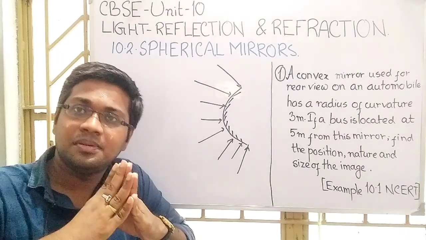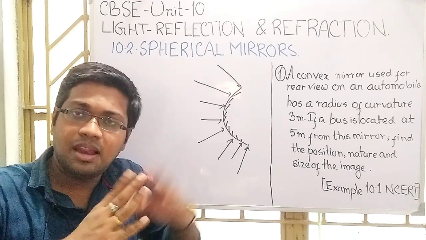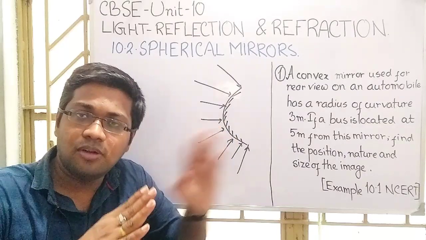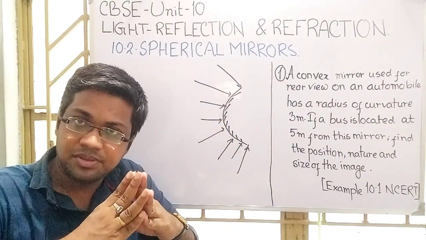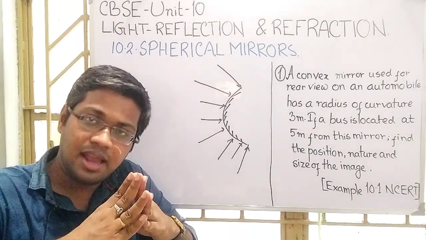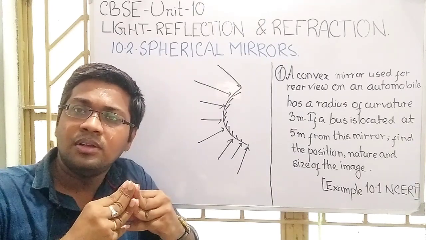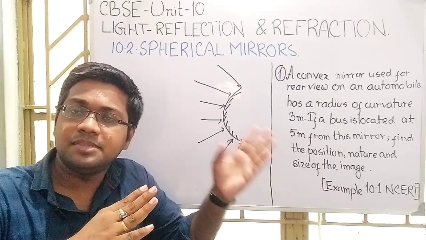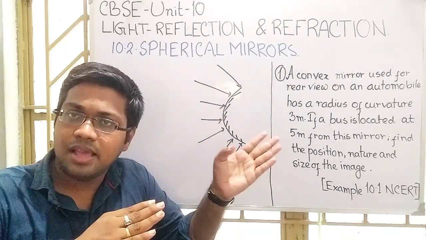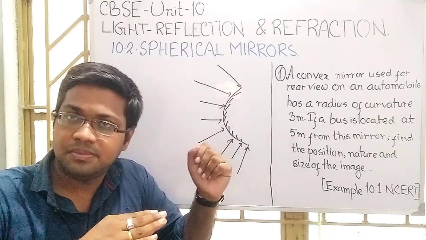Now you tell me, if the light is incident on the convex mirror, which type of image will form then? Virtual image. And what is the magnification? Is it highly magnified, less magnified, equal in size, or diminished? It is diminished, because you saw in the previous lecture that the size of the image is less than that of the object.